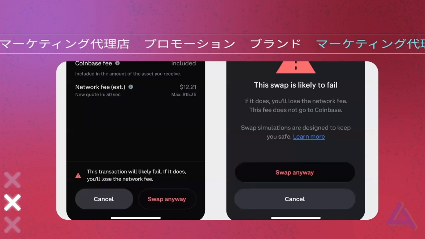And of course, the best way to solve this is not on the error message itself, but trying to prevent the error. So if the gas is too low, and the app knows that maybe you won't get a successful transaction, then you can place a message like, yes, your transaction will likely fail. If it does, you will lose your network fee. So you're providing the message. If the user wants to swap anyway, that's on them, right? So they choose that. But if you aren't showing that, you are not providing a good user experience.